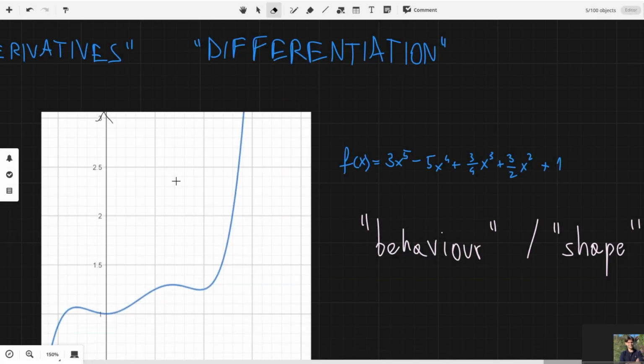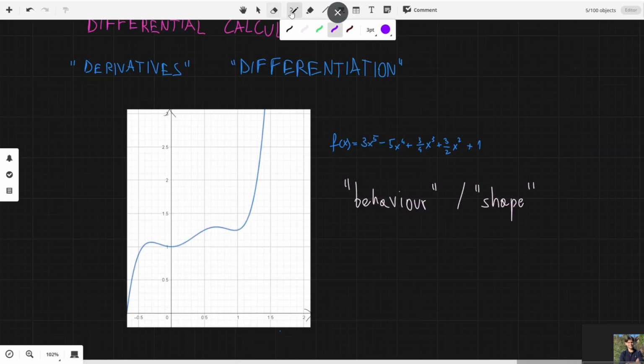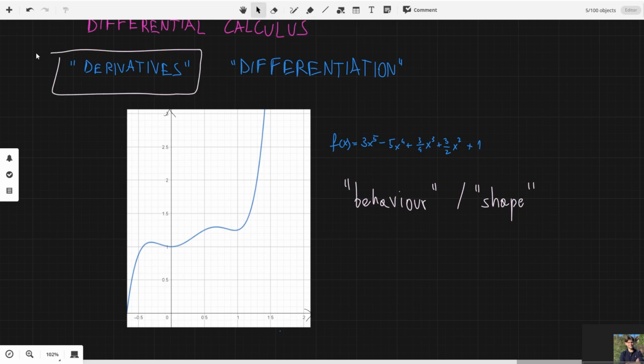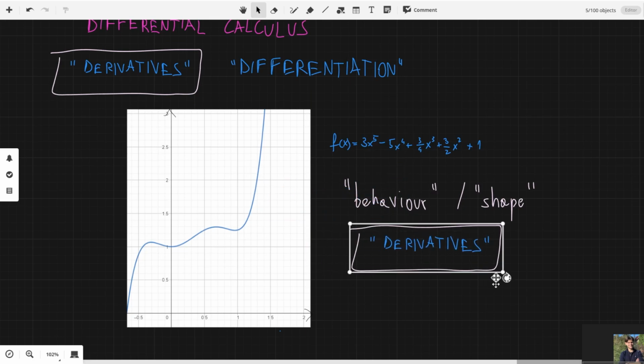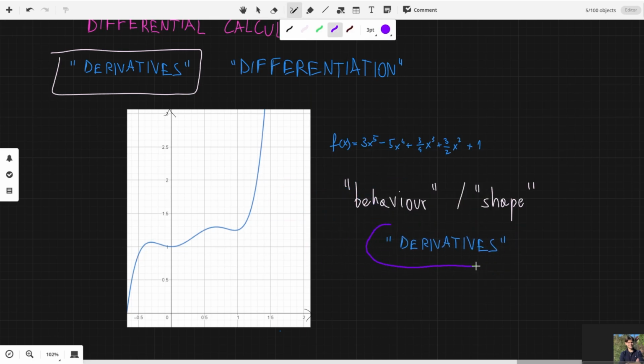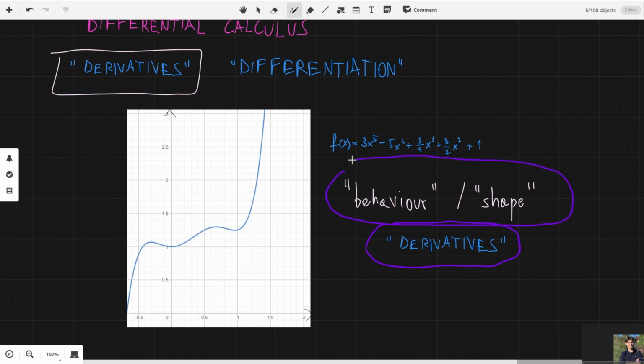So now let me just throw two terms out there which are going to describe the concept of a derivative really, really well, and then we'll think about what it actually means, okay? So we already said that in this video we're dealing with the behavior of functions, with the shape of functions. So what does it really mean to look at a derivative of a function? It's not just for the sake of the IB curriculum, it's actually very, very useful to think about derivatives in two separate ways. Number one,